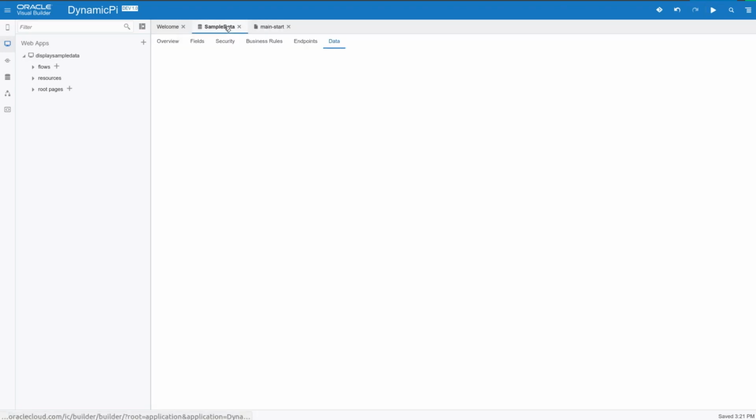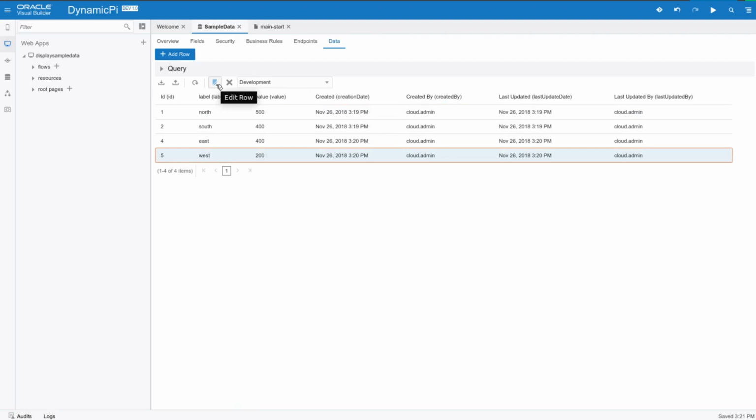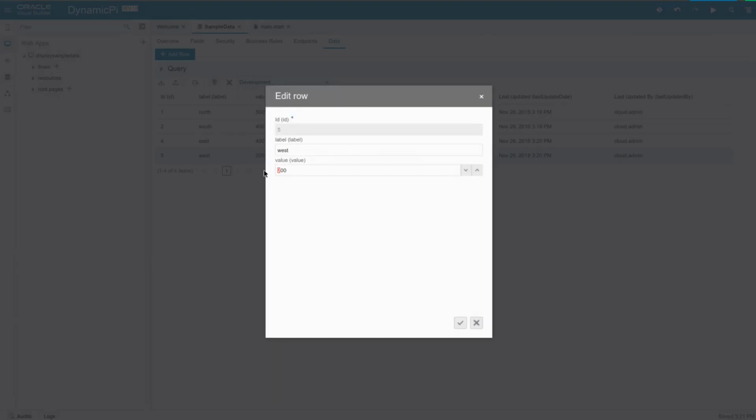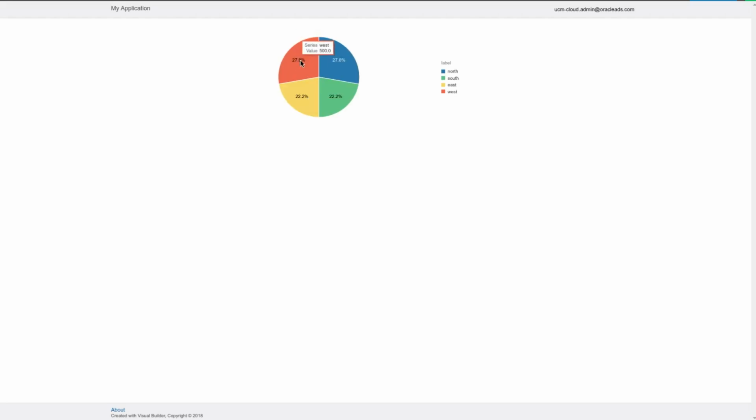But if I change the data, if I make west, for example, have a larger value, and go back to my screen, nothing's been updated, it's still at 13. I have to do a page refresh to get that data to show up again. And now west is larger, so I'm trying to avoid that page refresh. So if I go back,